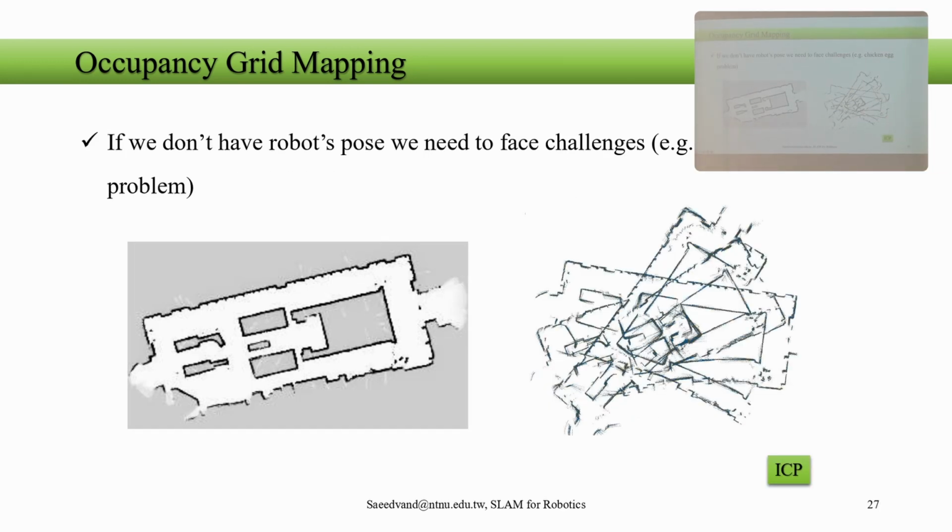So now we say, if we don't have the robot pose, then what happens? If you don't have the robot pose, of course, after the robot is moving in the environment, then the map can end up something like this. Why? Because if you don't have the robot pose, or your robot pose has some error, then even though we are using the Bayes filter and probability form of updating how likely this cell is occupied or free,